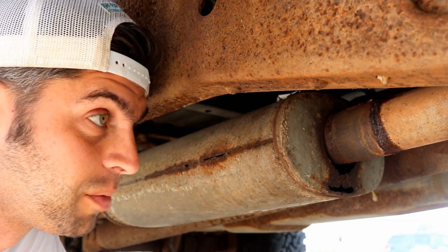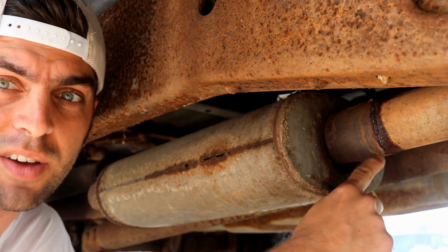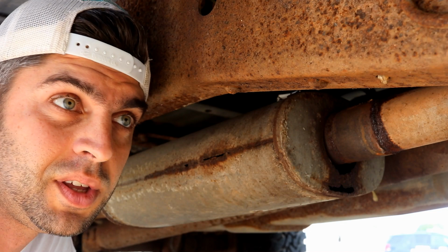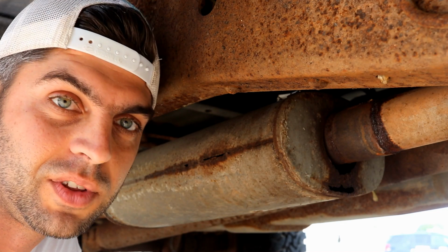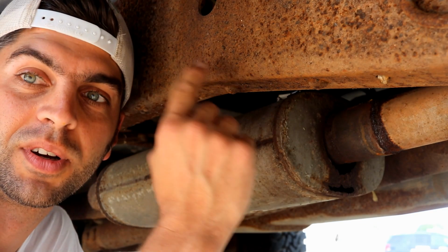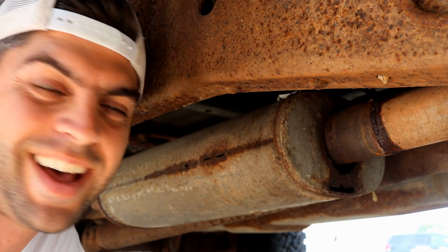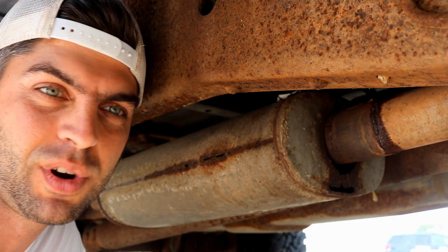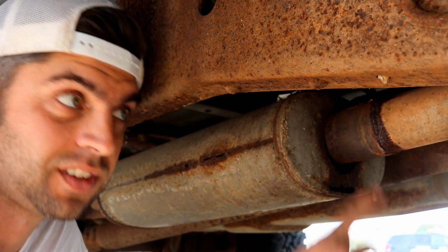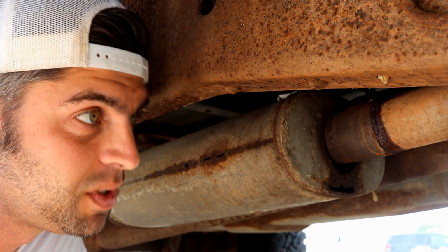So I'm just going to rip that out, and if I remember right, this is 2.5 inch exhaust up front. I do have 2.5 inch exhaust laying around, if you caught that Weld in Weekly episode where I busted the TIG welder out, and I'll leave an info card up over wherever it goes. We're going to use that, and I'll run to the parts store and get an exhaust clamp if I really need to,